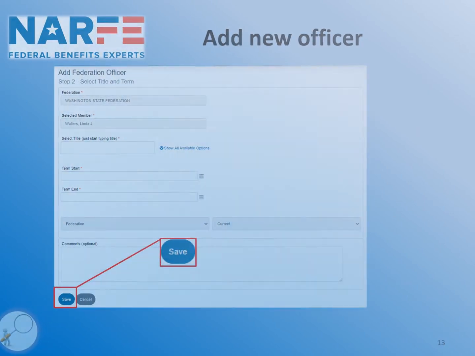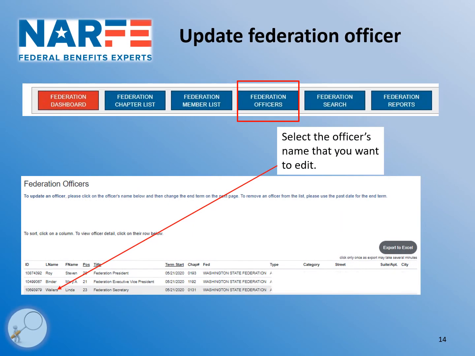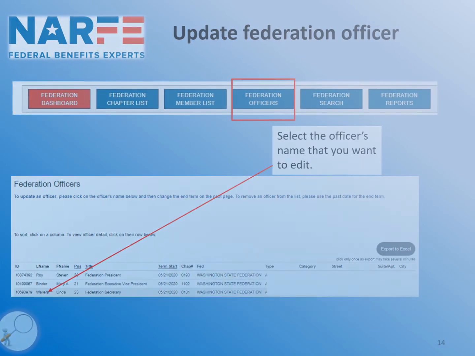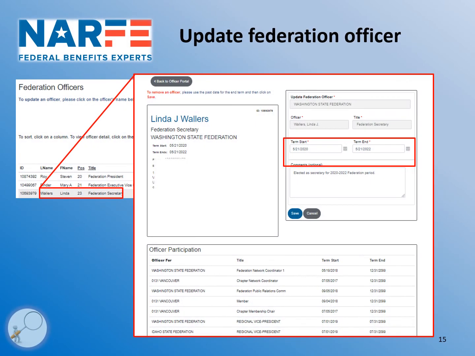Now we're going to update a Federation officer, which means you need to select the fourth button on the main menu, the Federation Officers button. This will produce a list of all of your Federation officers. This is just an abbreviated list. What you do is you select the name of the officer that you want to edit. And this will open up the